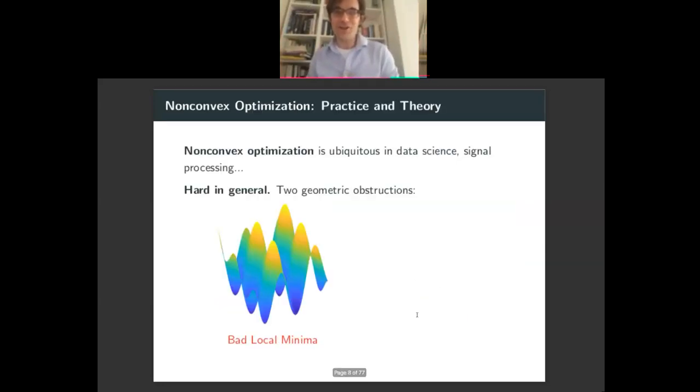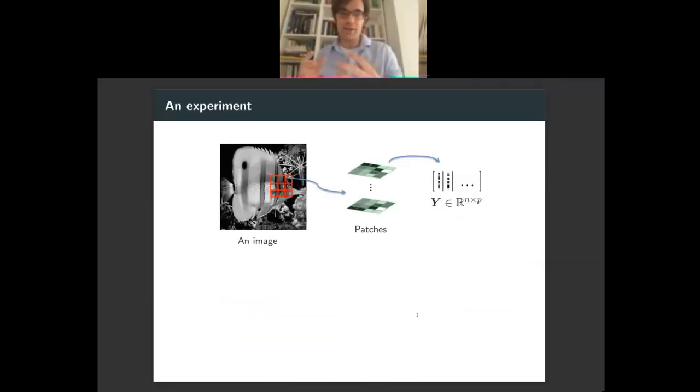So I want to show you an experiment that started to change my view on this a little bit, and then that'll be a lead into the second part of the talk, where we try to zero in on a few non-convex problems that we can solve. So this is a talk for optimization in imaging. So this experiment comes from image processing. It's representative to some extent of what folks were doing maybe about 10 years ago.